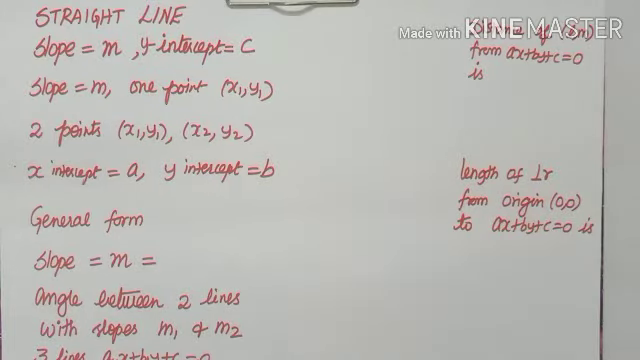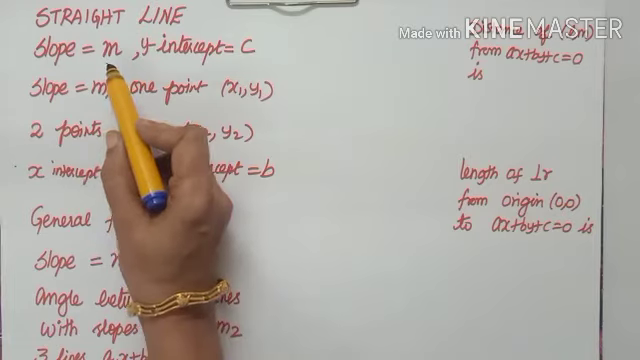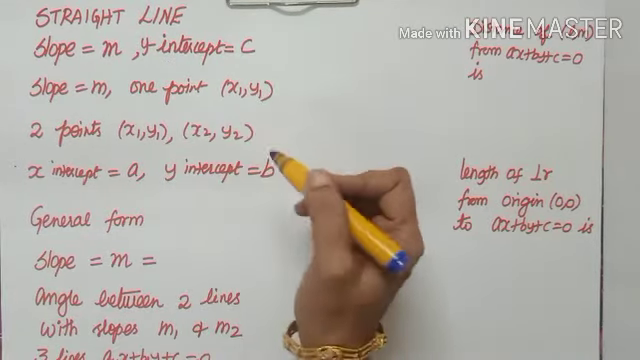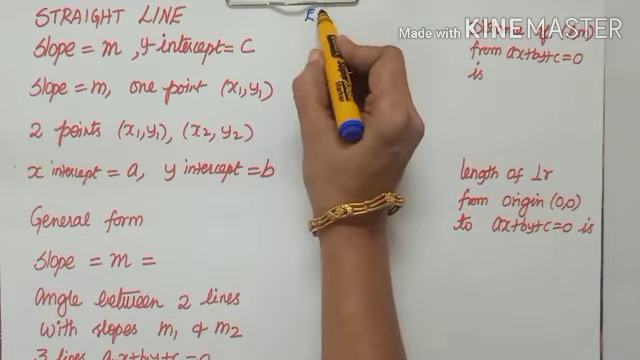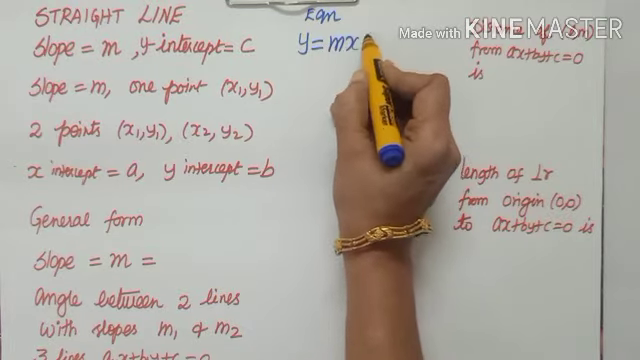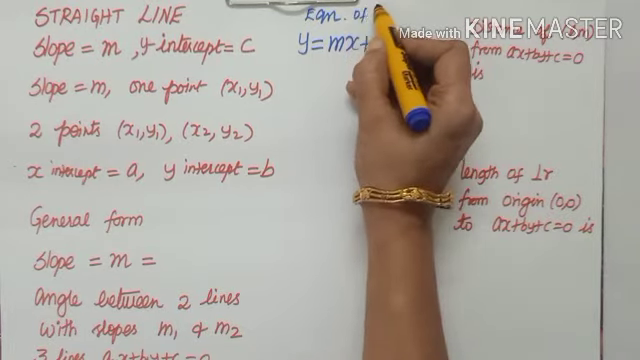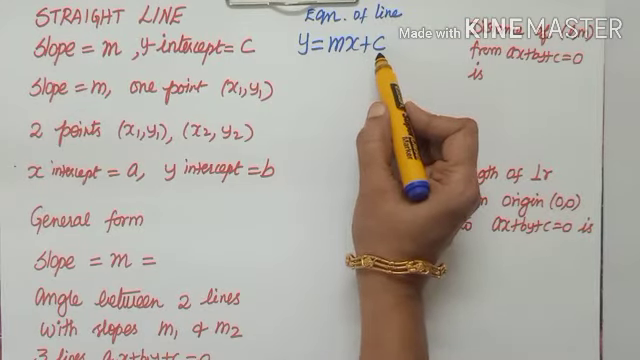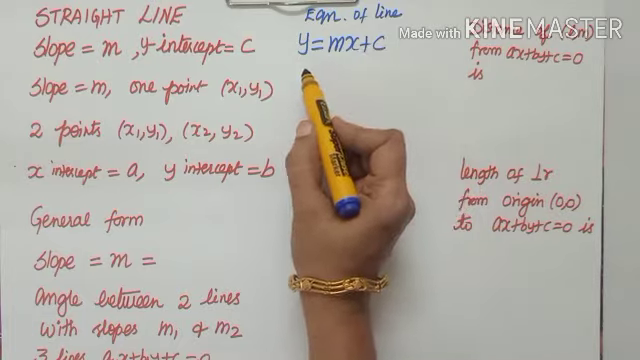Equation of straight lines. What all we have studied in lower class, we are trying to recall. Given a straight line, we call the slope as m and y-intercept as c. What is the equation of the line? So we are writing the equation as y equals mx plus c. Equation of the straight line, when m is the slope and y-intercept is c, we get y equal to mx